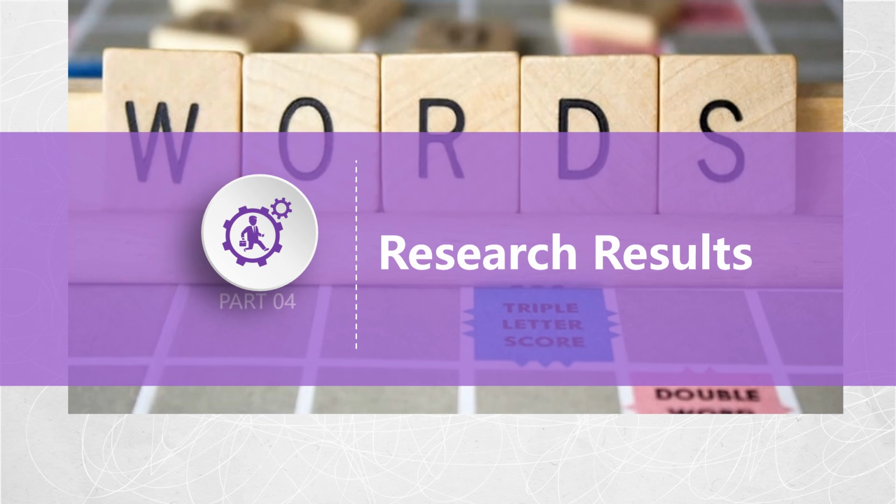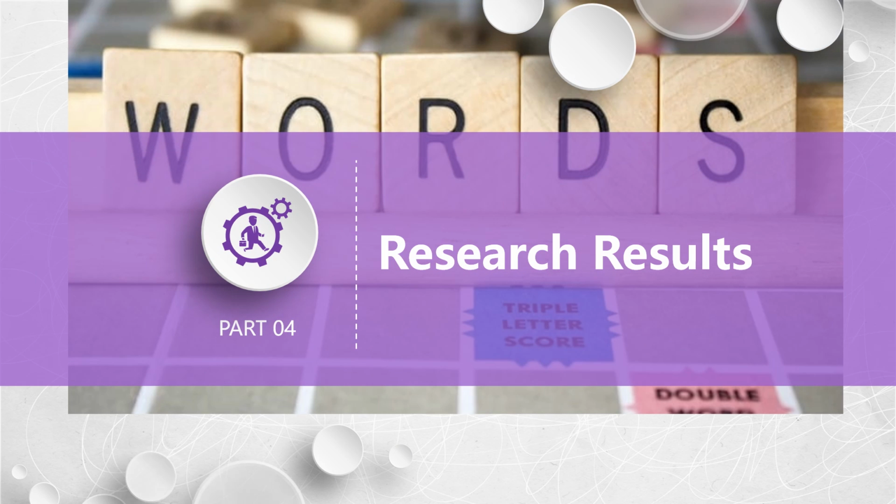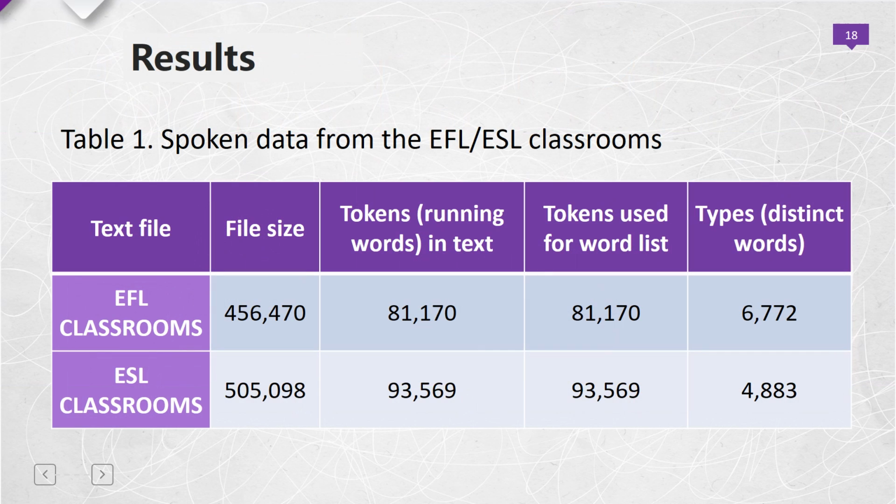Research results. And the above process produced the two spoken language corpora from the EFL and ESL classrooms. And in these studies, high frequency words are considered to be words that appear in the context more than 100 times. So finally, I collected